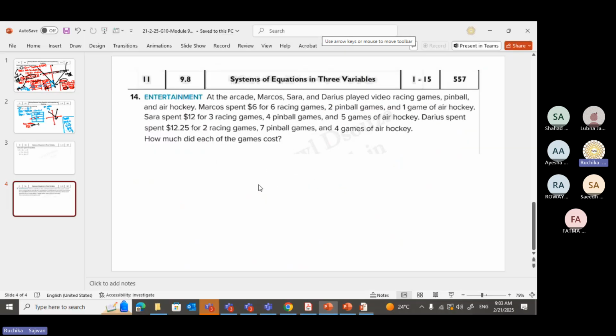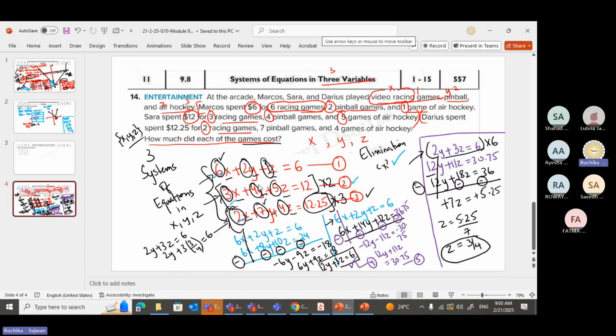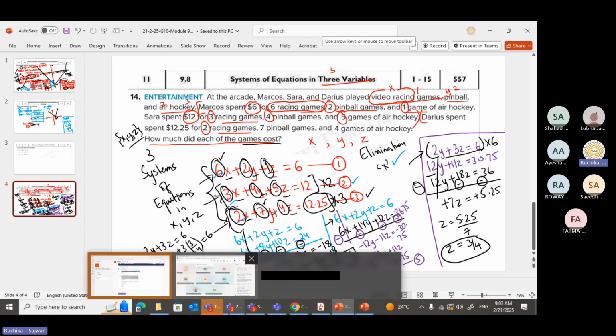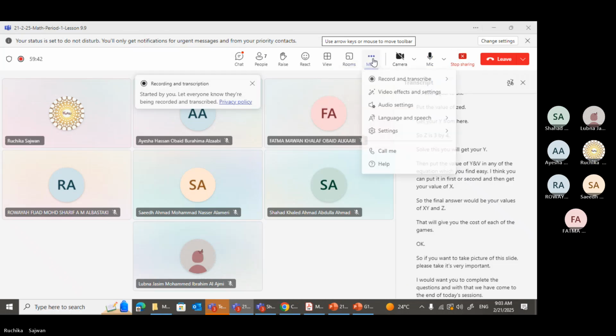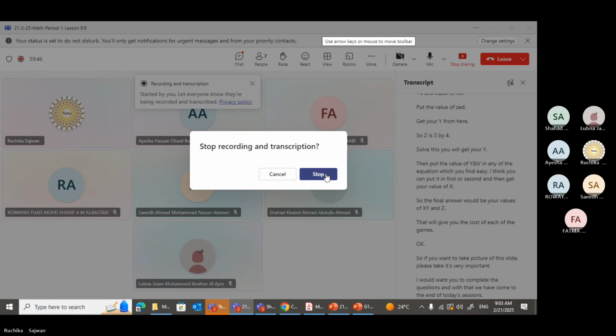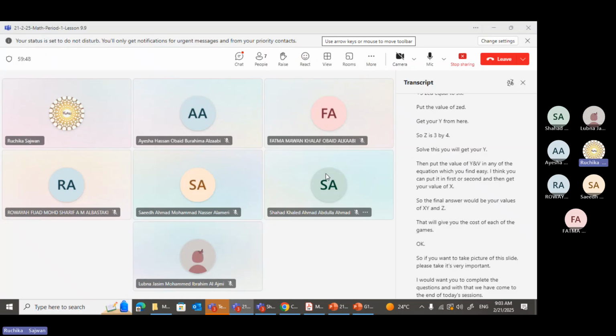Okay, so if you want to take a picture of the slide, please take it. It's very important. I would want you to complete the question. And with that, we have come to the end of today's session. Please complete that word problem. It's very, very